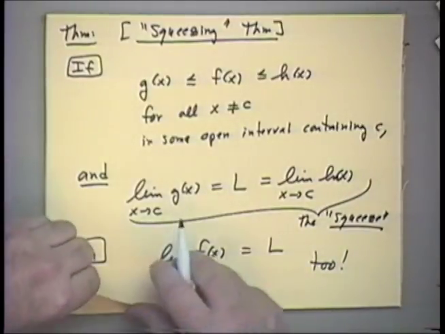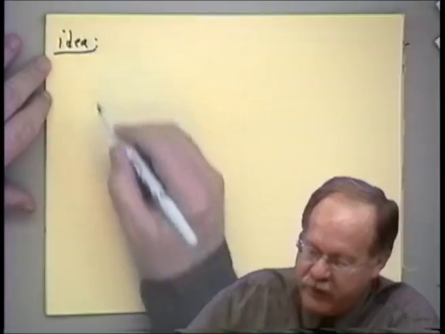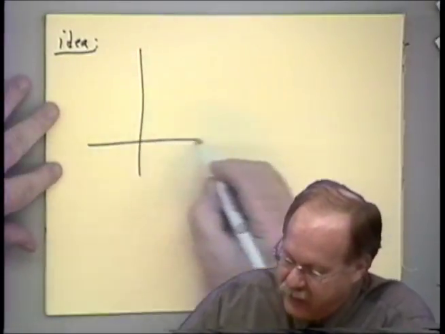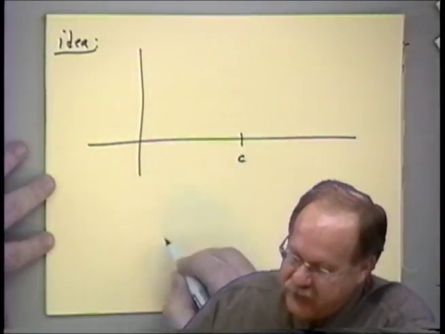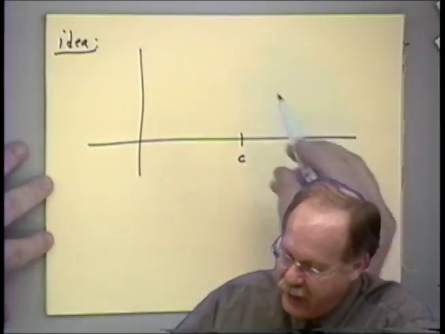All right, what is the graphical idea? Well, I've already indicated it verbally. Here is a picture you might draw for yourself. Let us pick a point c, and we'll imagine that it's in some open interval here, and that we have